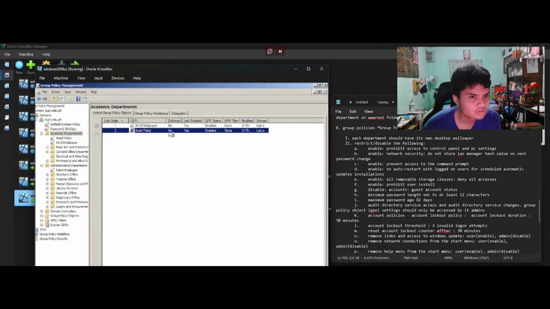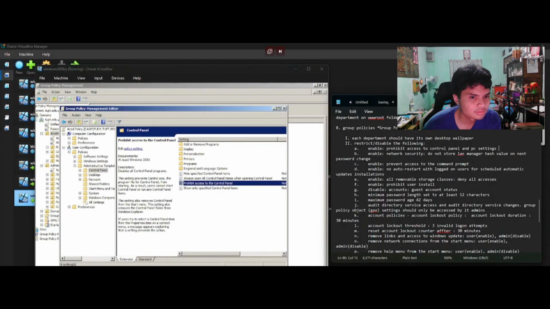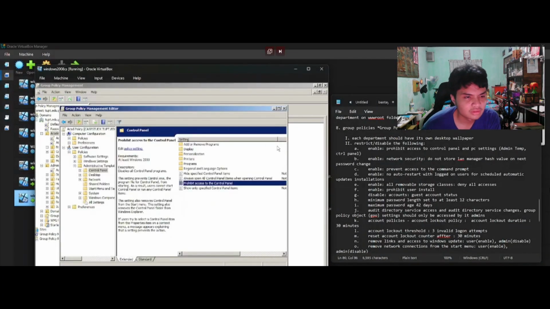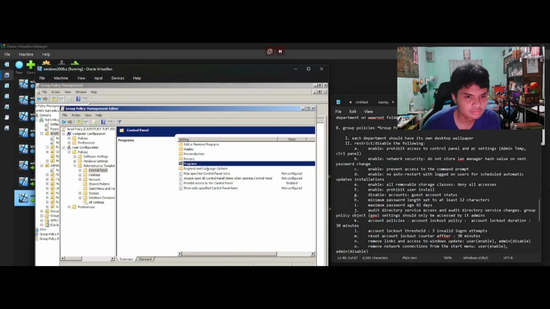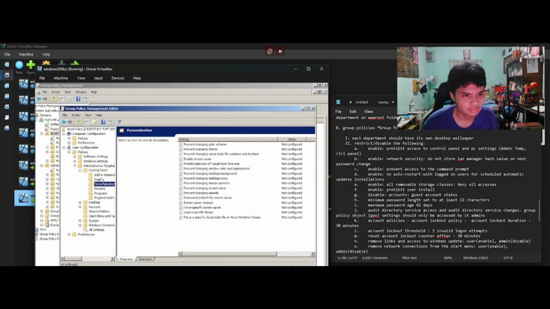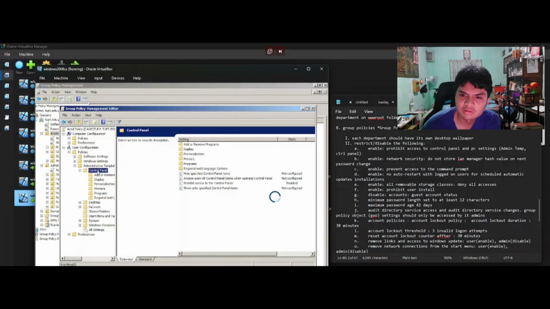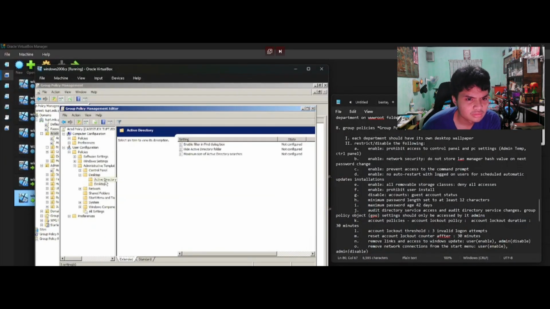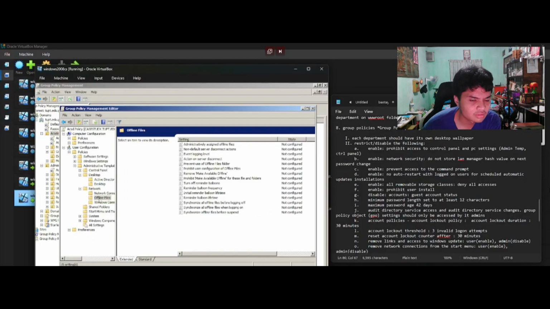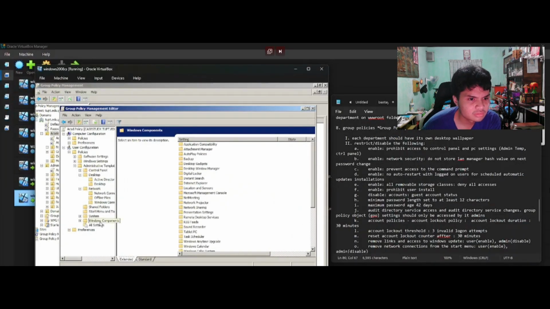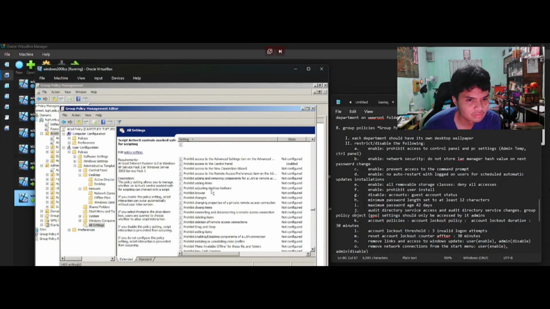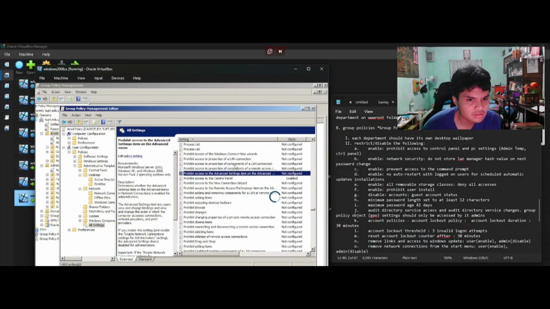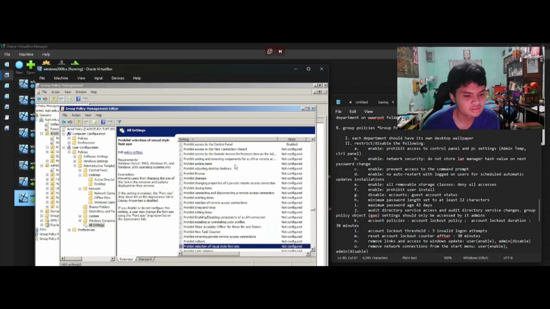So moving on, you can change it to ACAD wallpaper, academic wallpaper, with access to the control panel. And we're gonna do the other settings for the users. There we have offline files. We're gonna do this per department, by the way.